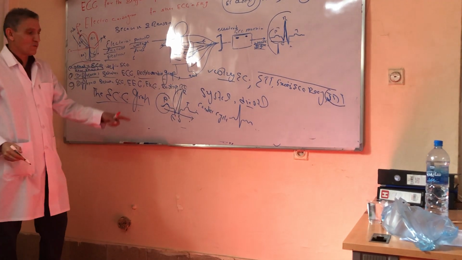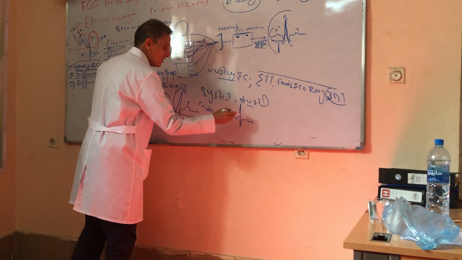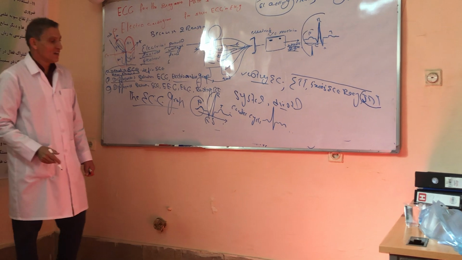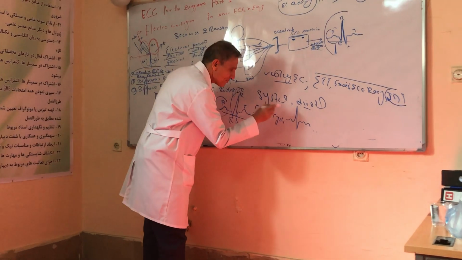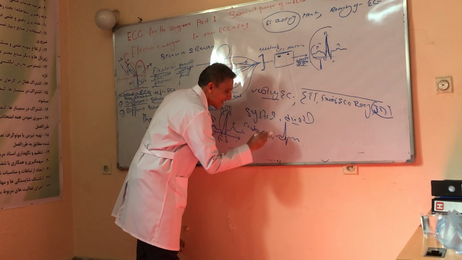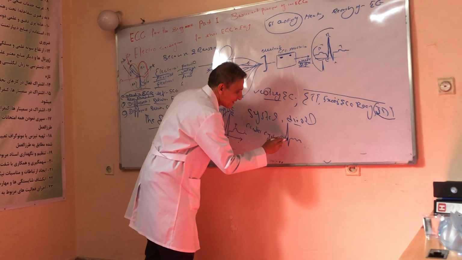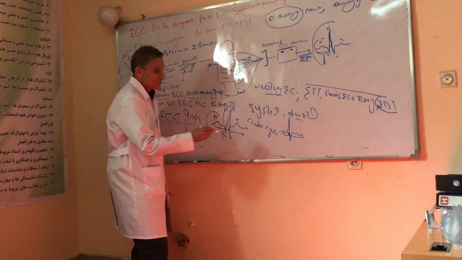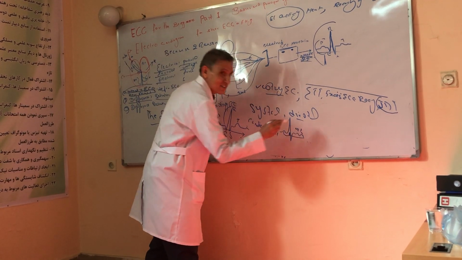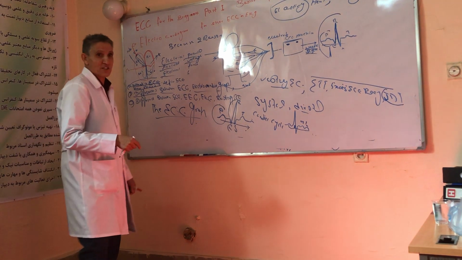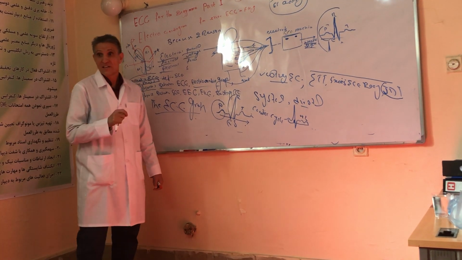This is a typical form of one cardiac cycle. One cardiac cycle is made of systole and diastole. From here, the P wave represents depolarization, just like from here to here represents atrial systole, and from here to here represents ventricular systole. Then we will have a nice discussion about the correlation or relationship of the ECG to electrical